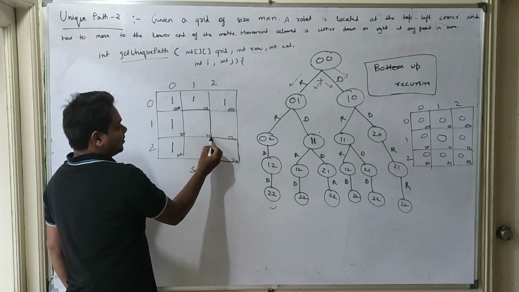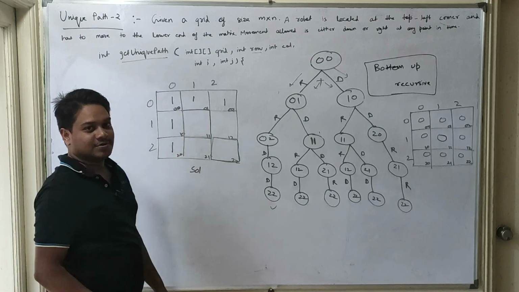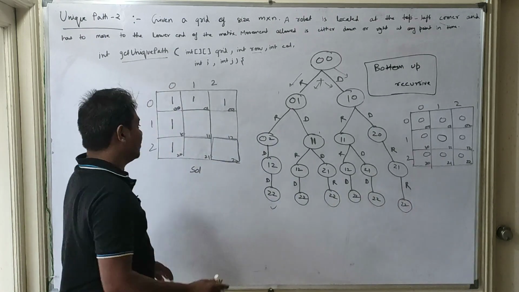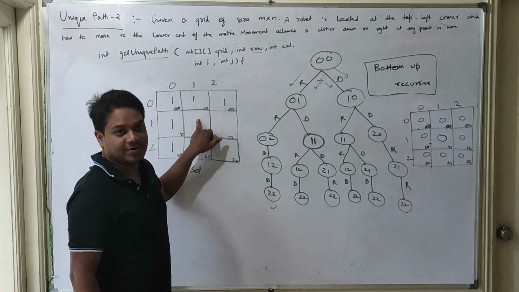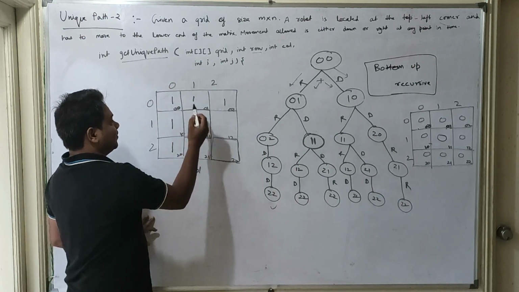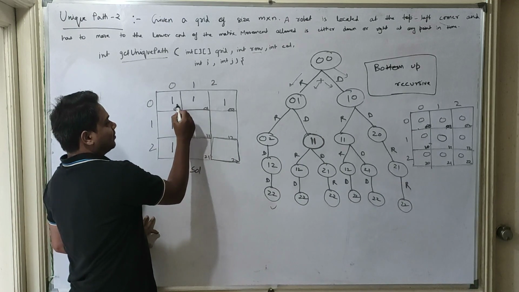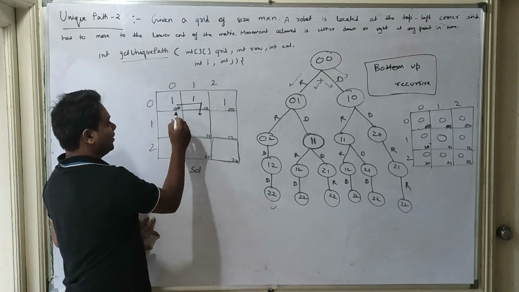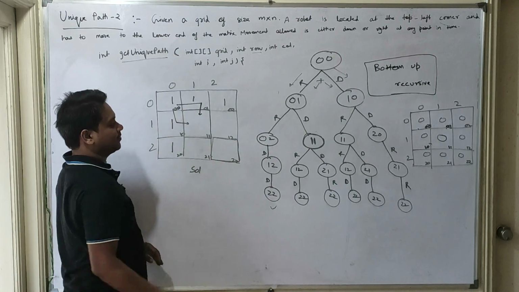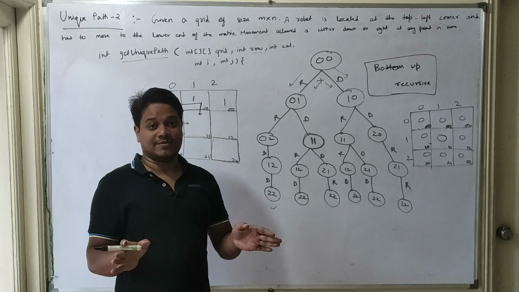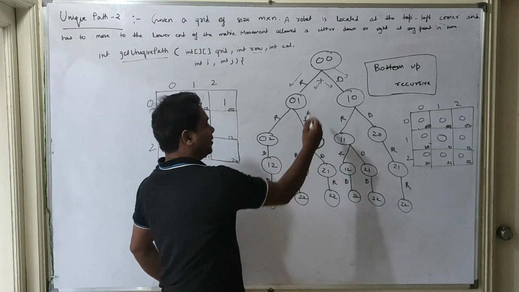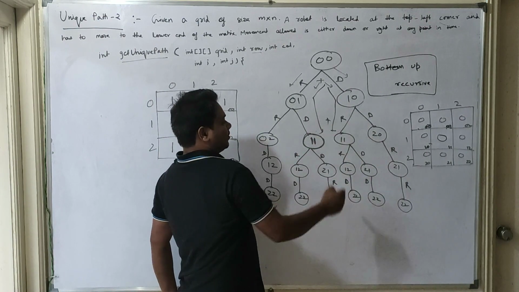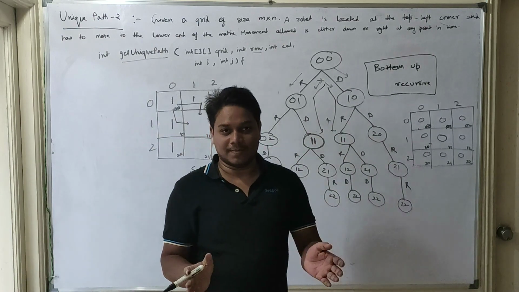Now we have to calculate for this cell 1 1. Suppose we are not having any obstacle right now, we will include it later on. If we have to reach this cell 1 1, how many paths are there? One path is that the robot moves right, then moves down, or it can first move down and then move right. So these are the two paths that we have. You can even see in the state space tree, the robot can take this path or it can take this path. So we want the addition of both the paths.